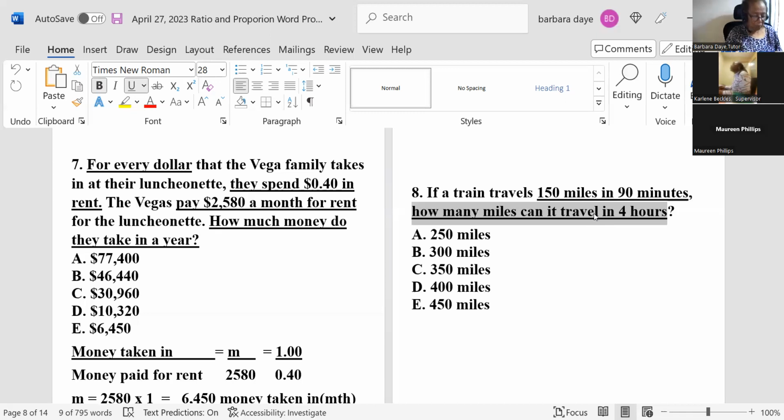There's different ways you could solve this. An hour is 60 minutes, right? There's ways you can solve it without a ratio, actually, and there's ways you can solve it as a ratio. But you solved it. Tell me how you solved it. How many miles? It's 150 miles for 90 minutes, right? Right. Yeah. And for 4 hours,